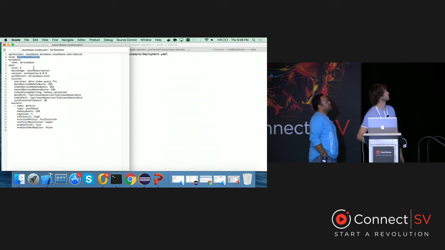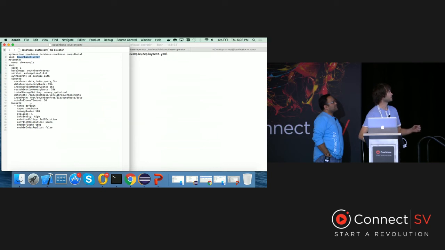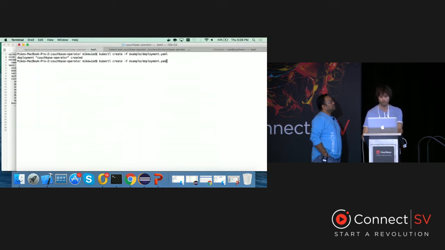We're going to create a 3-node cluster, using 5.0. There's configuration information for what services there are and what different services get, and then we're going to create a bucket. If we want to do this, all we do is run one other command,